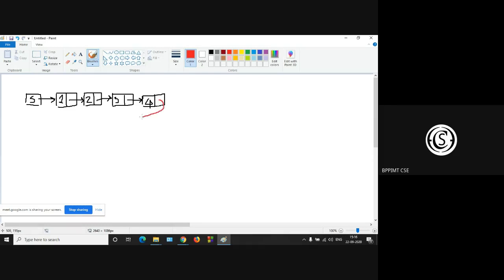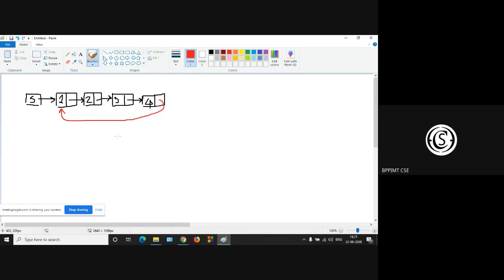So the last node is connected with the data part of the first node. So this is the circular linked list. In a circular linked list, the last node contains a pointer to the first node of the list, okay?